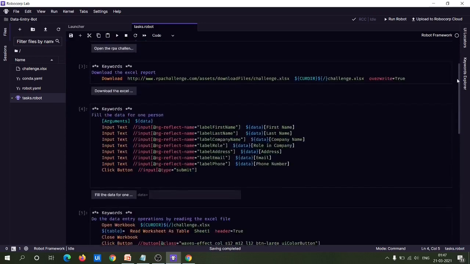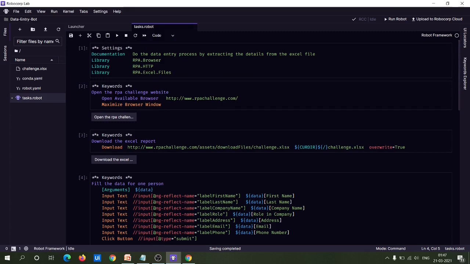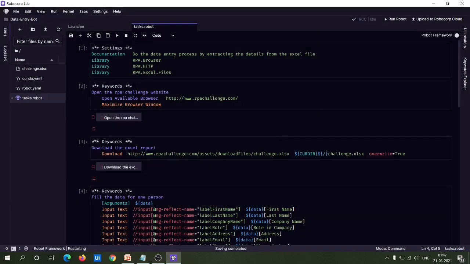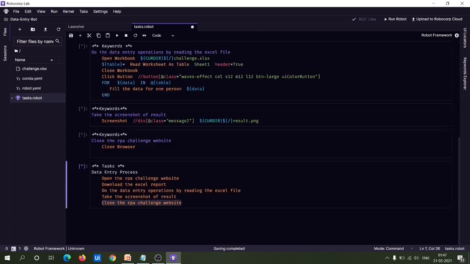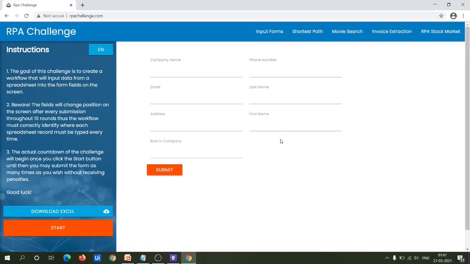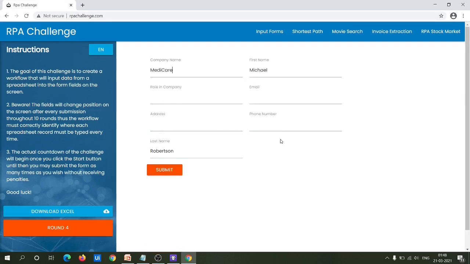So let's run it and see whether our robot works fine or not. Okay. So let me just click on restart and see whether our robot works fine or not. So it is doing the data entry operation.